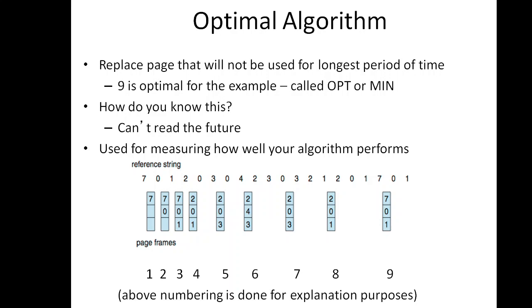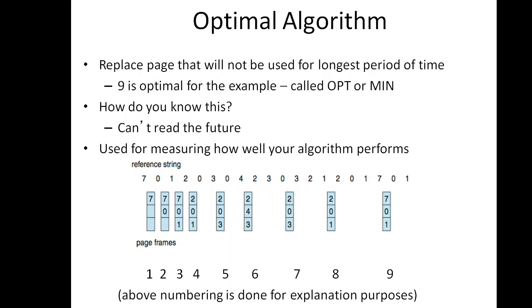Now to insert 4, I have to check among 2, 0, 3 which is not used for the longest period of time. First value is 2. 2 is referenced immediately after 4. Next is 0. 0 is after 2 values. Next 3. 3 is referenced immediately after one value of reference. So 0 is the longest compared to the other two, so I am going to replace 0 with the value 4, at block 6.